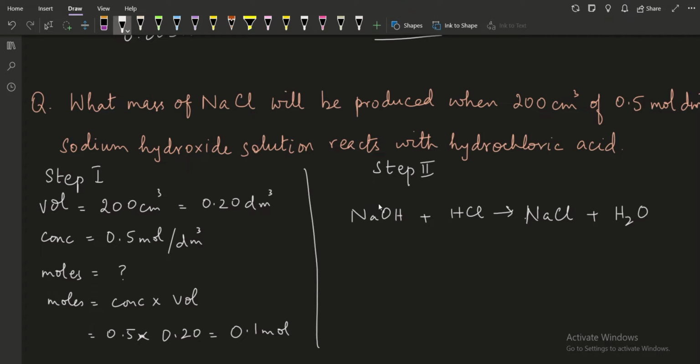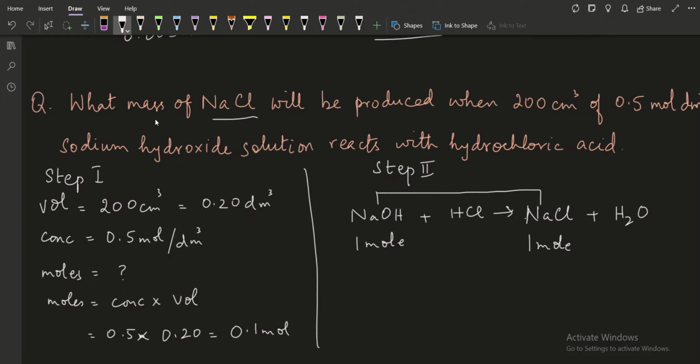Now in the question they are asking what mass of NaCl will be produced when you are using this much amount of sodium hydroxide. So it's a relation between sodium hydroxide and sodium chloride. According to this balanced equation, 1 mole of sodium hydroxide produces 1 mole of sodium chloride, but